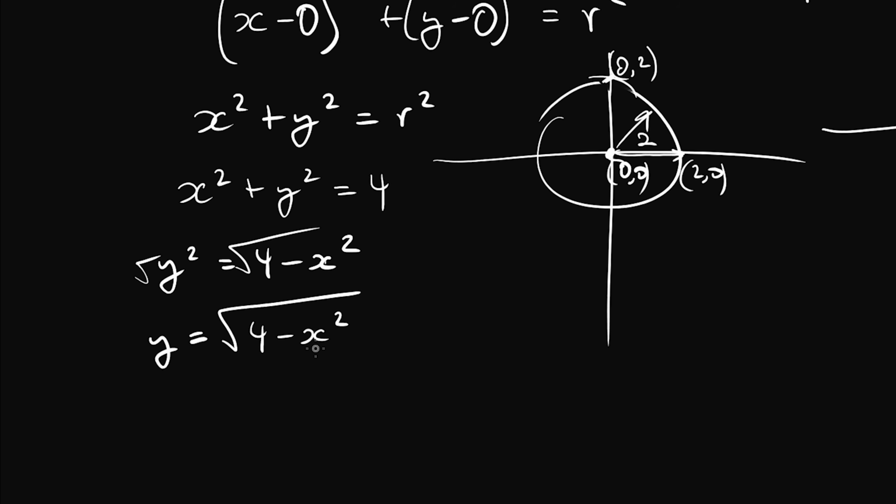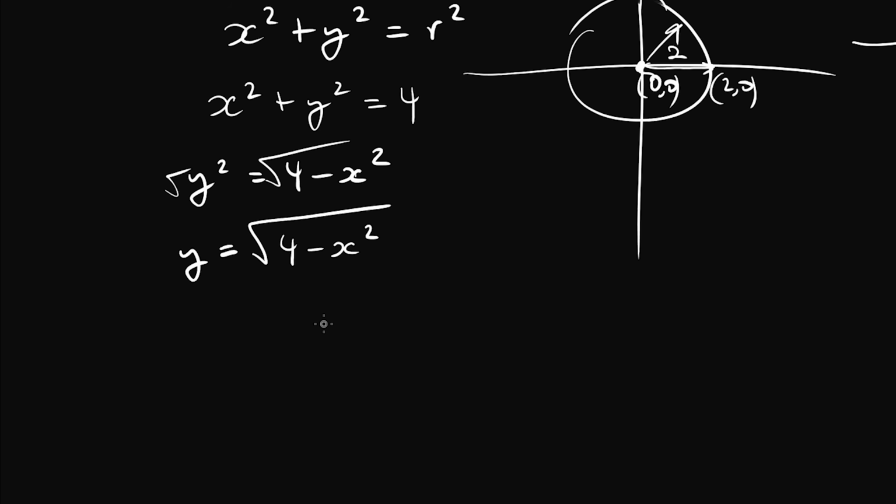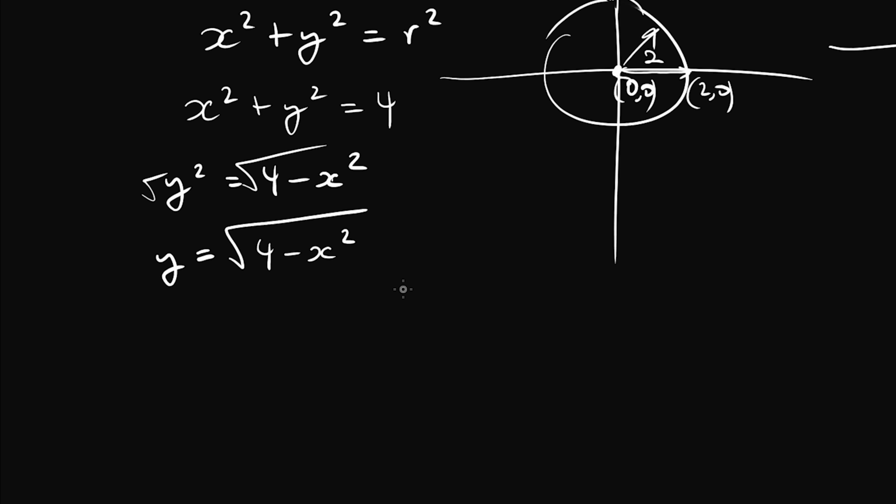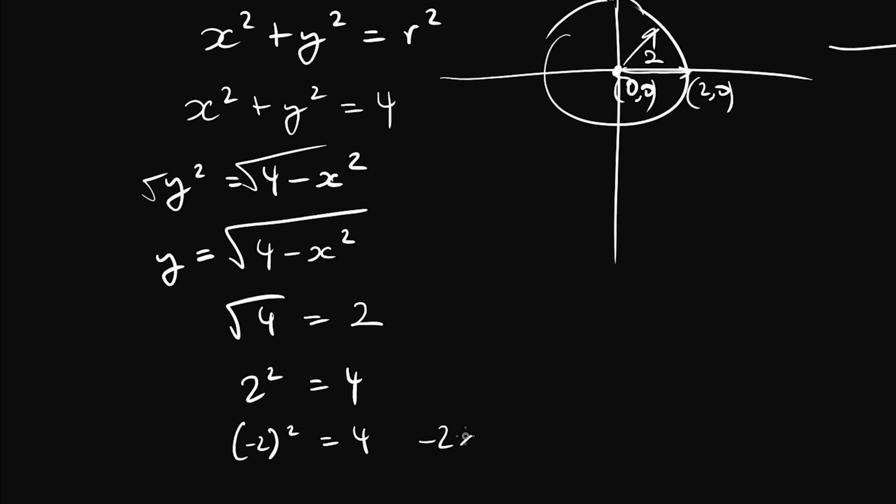Now, I'm not going to get too deep into this, but what I will say is that the problem with square roots, as you may already know, is that there are essentially multiple solutions, two solutions commonly to a square root. Why? Well, the square root of 4 is 2, because 2 squared is 4. However, minus 2 squared is also 4, because minus 2 times minus 2 is a positive value, 4.